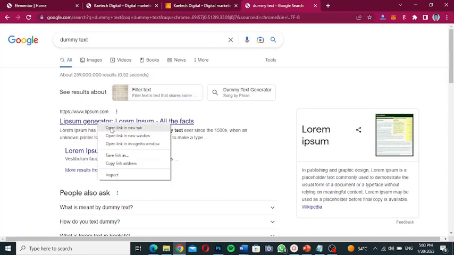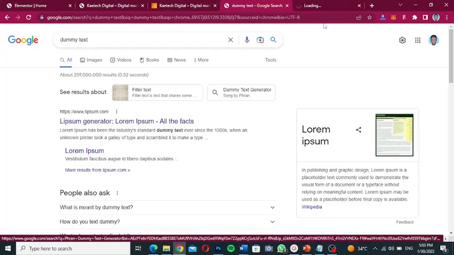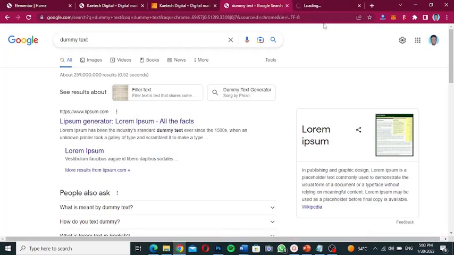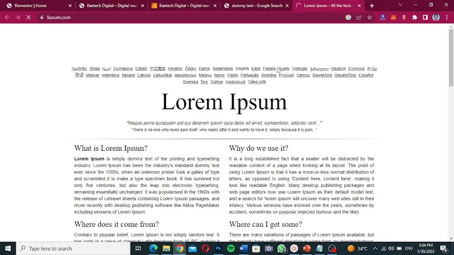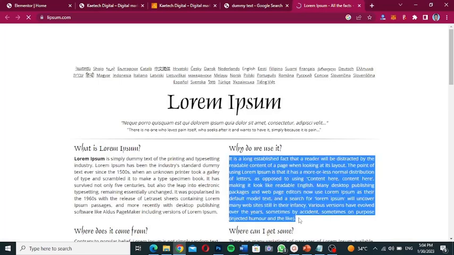So we're going to go to the Lorem Ipsum website and then just copy some dummy text over there. So I'm just going to copy this dummy text, come back over here,